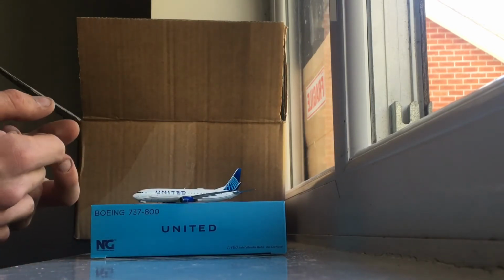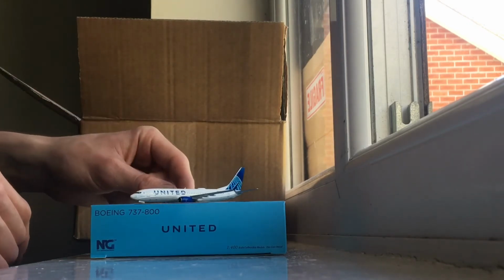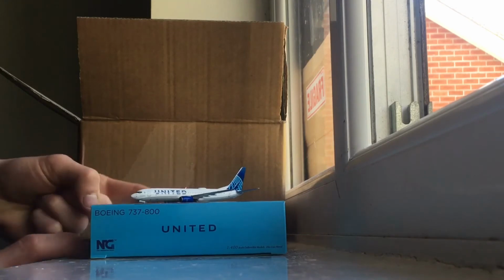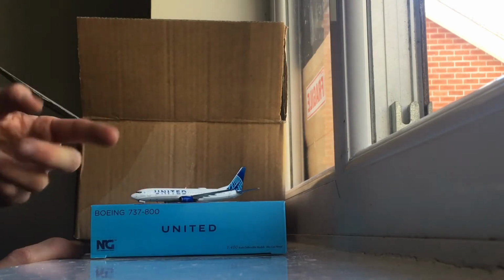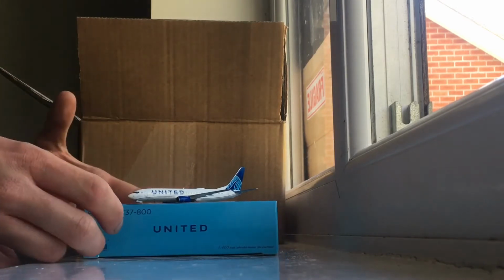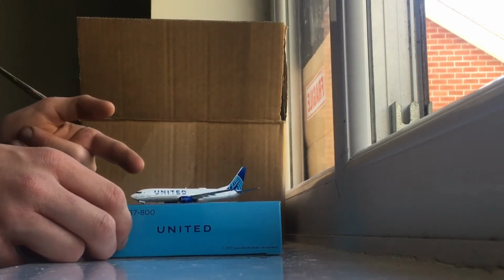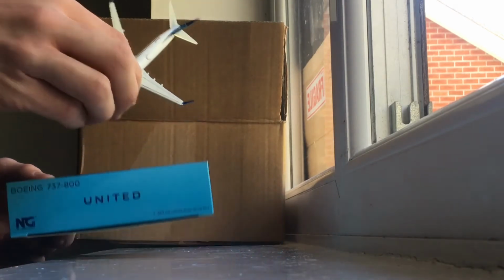I feel like it's really cool that I now have 2 United models and neither of them are Gemini Jets. My A319 is by Panda and this is by NG. So I think that's pretty cool. Considering Gemini Jets are like the main company, or they once were the main company that did North American models. So that's cool. So we're going to place this guy off to the side,